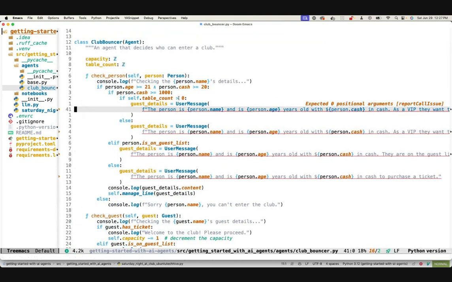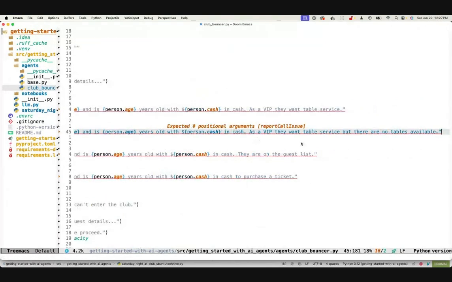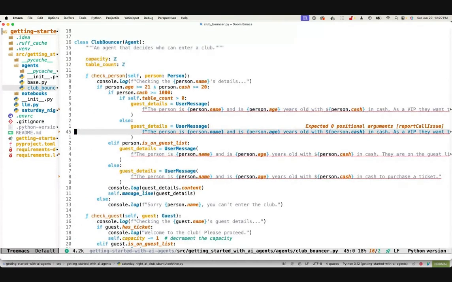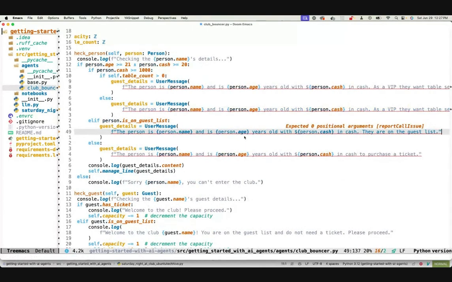If not, I forgot what this case here. Yeah, so if they have at least $1,000 and there are no more tables, then they have to wait. If the person is on the guest list, then they can,